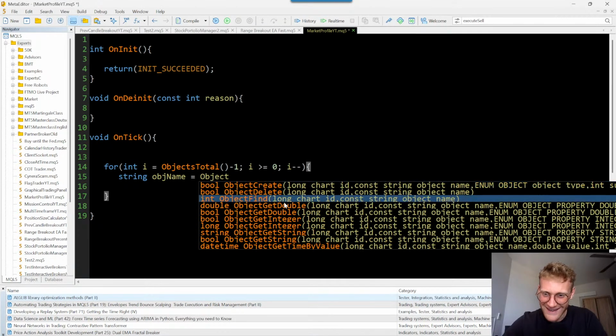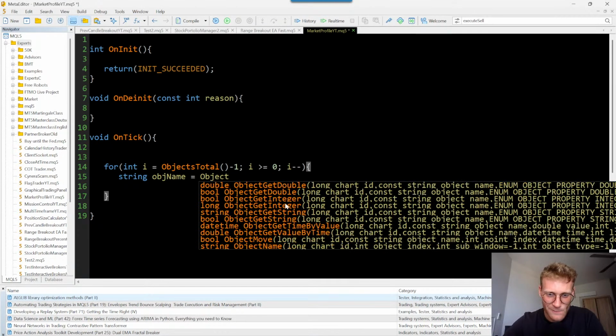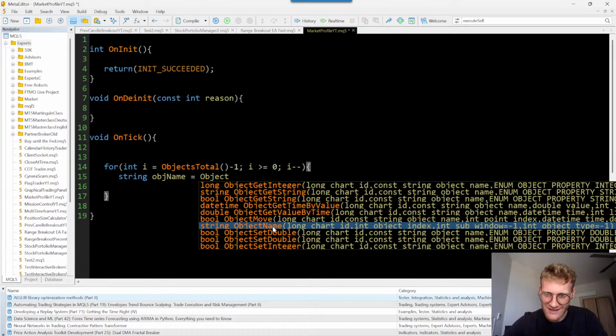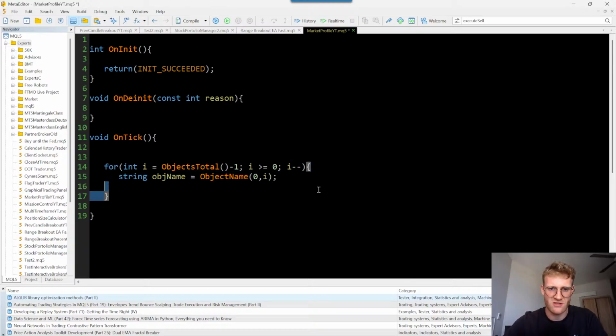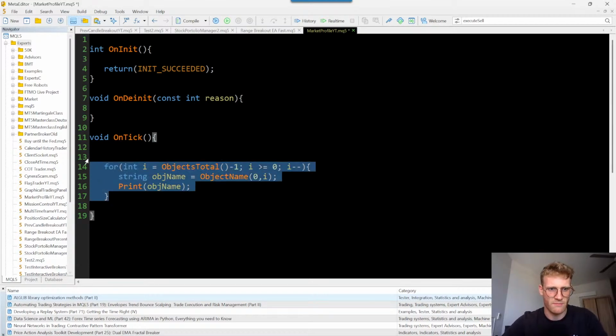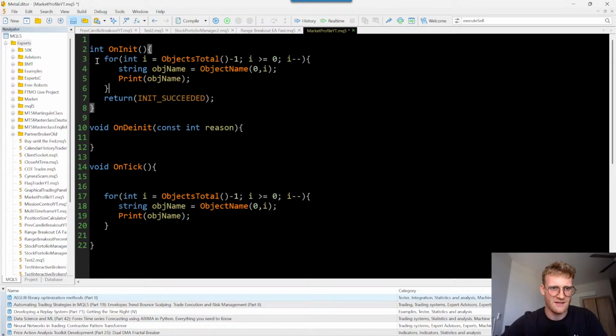ObjectFind? No. ObjectName. This is it. So we want to get the object name. Chart ID is 0, which is the chart where the expert advisor is currently active. And then the object index is i, because here with this loop, we go through all of the indices of all of the objects in the chart. And then we can, for example, say Print object name, or let's put this into the OnInit